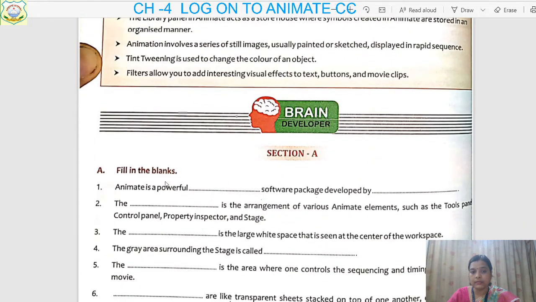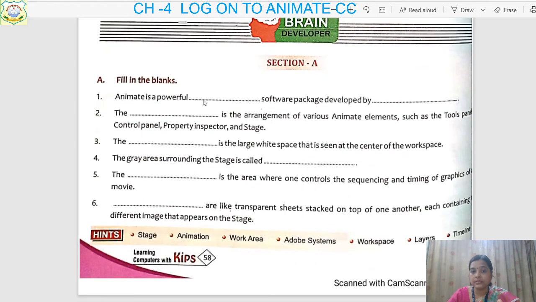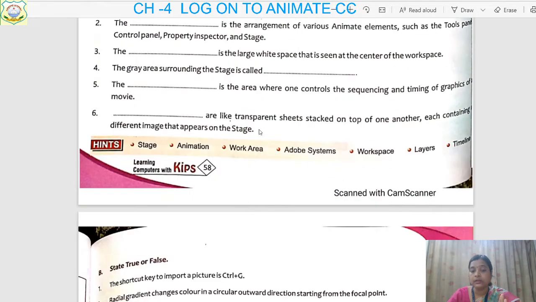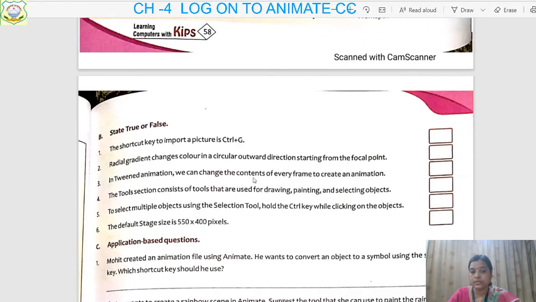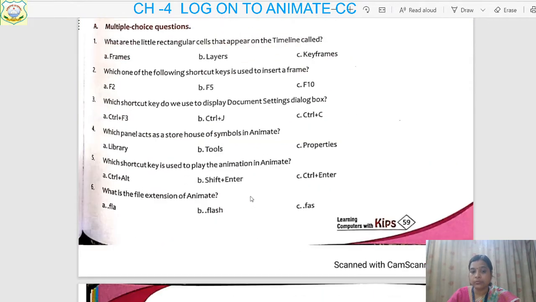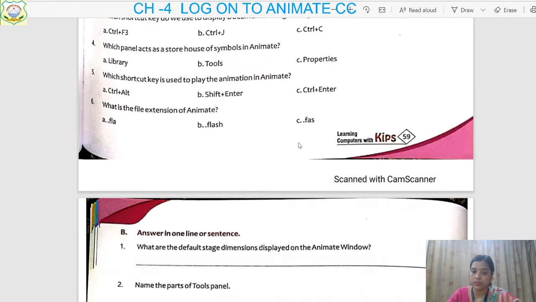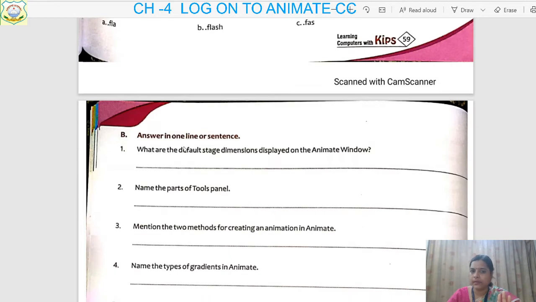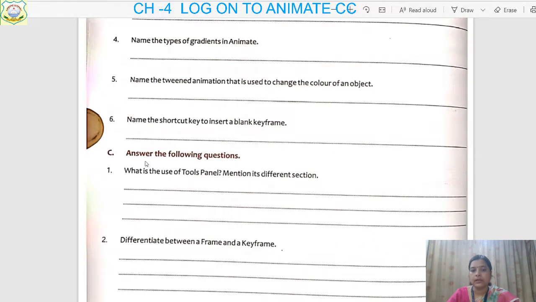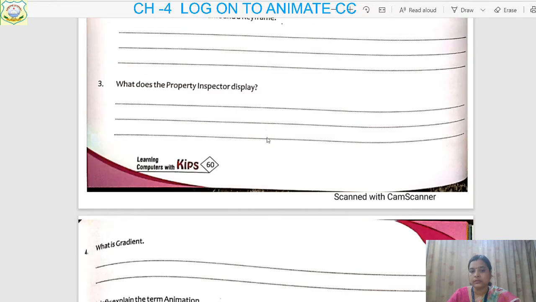Section A, question number 1 is fill in the blanks. Already I have given you the answer, straight true false. Then MCQ, what you can do, children, you just write down and tick these MCQs in the book itself. No need to write. From here you can start writing. Answer in one line, then answer the following questions.